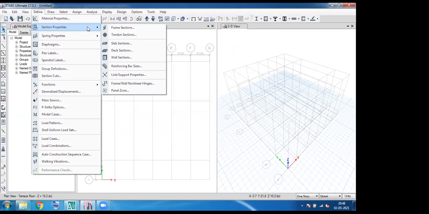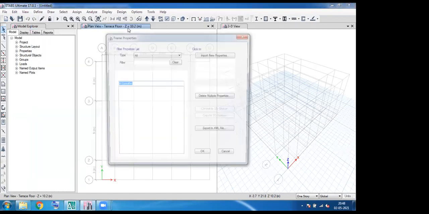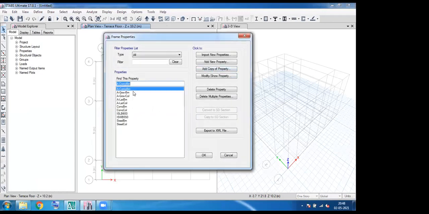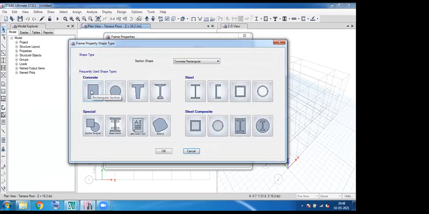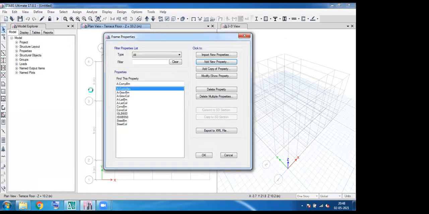In order to create that, go to Define, Section Properties, Frame Sections. Here the American standard sections are available by default, but we are going to create a new property. So add a new property right here and choose concrete rectangular.